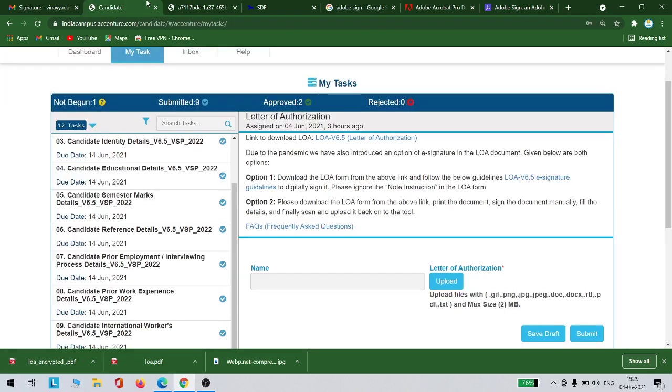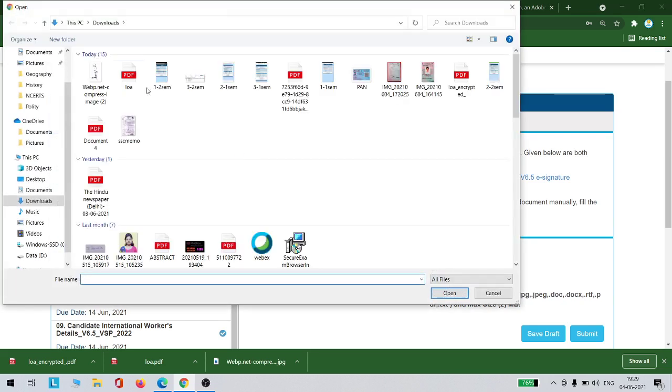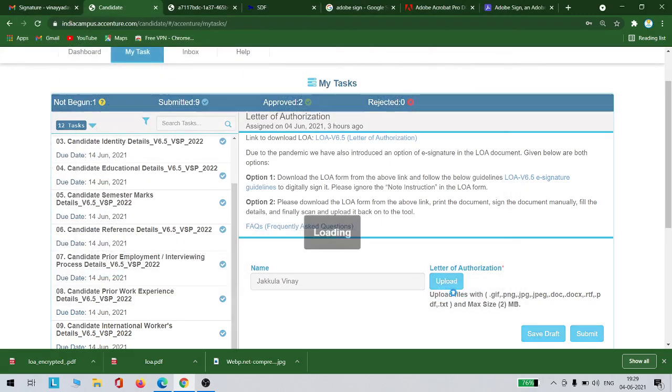What you have to do is come here and type your name, say Jakkula Vinay, letter of authorization, and click upload. I'm going to upload this encrypted document that was downloaded, and then click the open button. You can see this LOA encrypted.